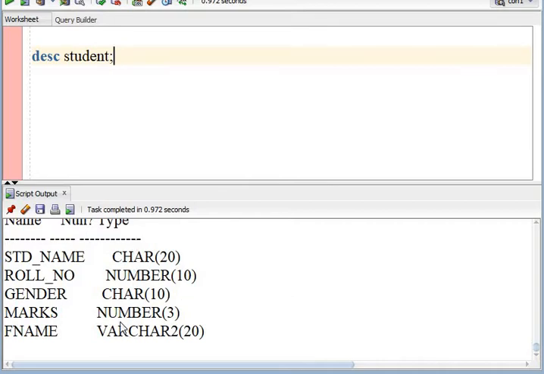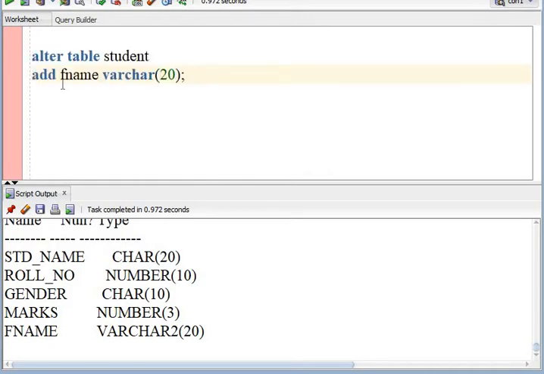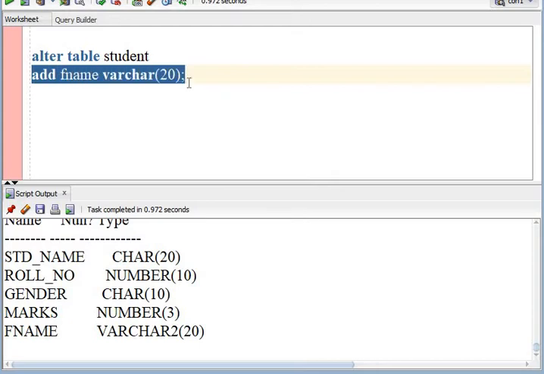There is no constraint applied on the values, so let us try to apply a constraint on roll number, and let us say the constraint is not null. Obviously there is no null value present in roll number previously. We want the new values too to satisfy this constraint, so we will use the alter command again, and I want to modify the roll number column. So I should use the modify attribute with this alter table command: modify roll number.